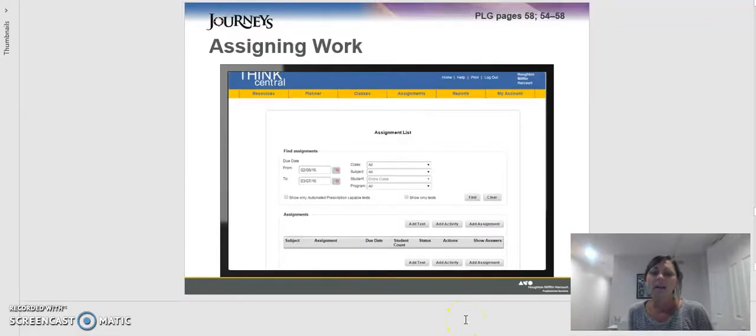Okay, now that we have looked at assigning work through the Manage Classes tab, which is by searching for the resources, we're going to look at how you can simply browse for resources, which gives you a better picture of all that's available for students through Journeys. And just making another reference again to your PLG, page 58,